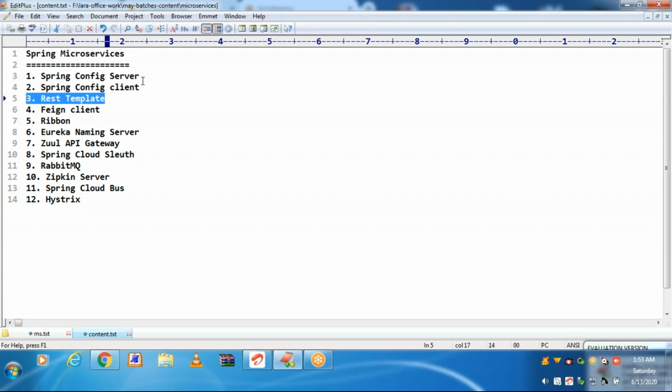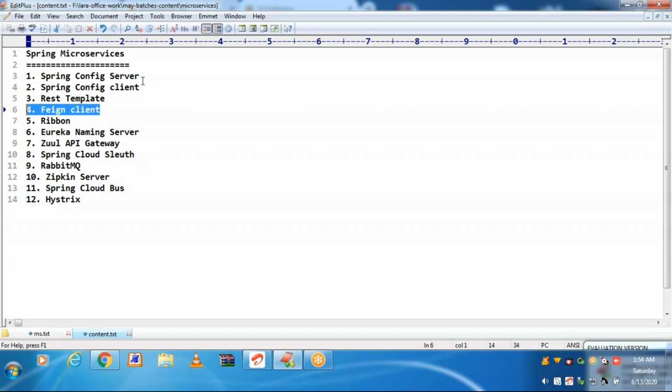Instead of using REST template, better to use Feign client. Through Feign client, we can interact from one microservice to another microservice by using proxy of the target microservice. It will not be hard coded way. Compared to REST template, Feign client gives a lot of advantages while making a call from one microservice to another.